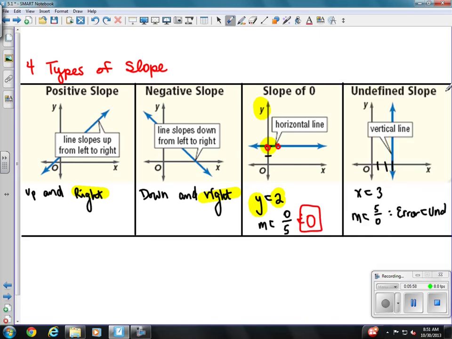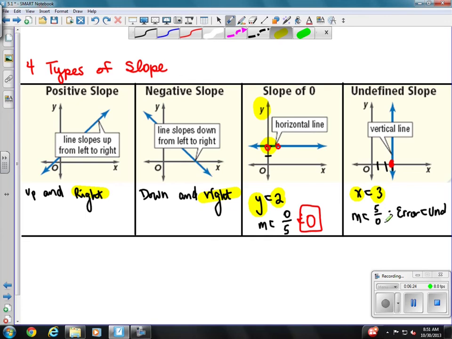Then our last one is an undefined slope. An undefined slope is a vertical line, and it's for like when x equals 3, because that means it's going to go through your x-axis right here at 3, and it's going to be a vertical line because that's cut through your x-axis. Also, if you're solving for slope, it's going to look like this, m equals 5 over 0,